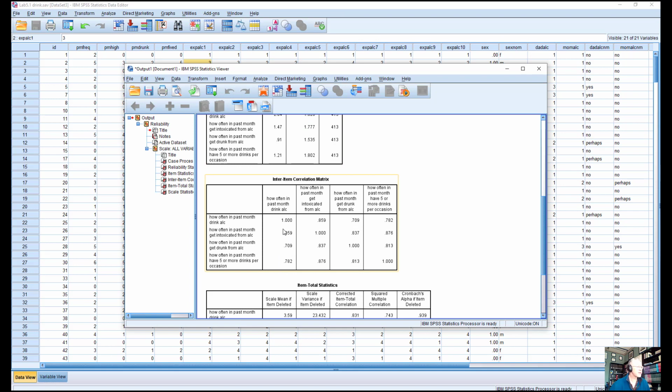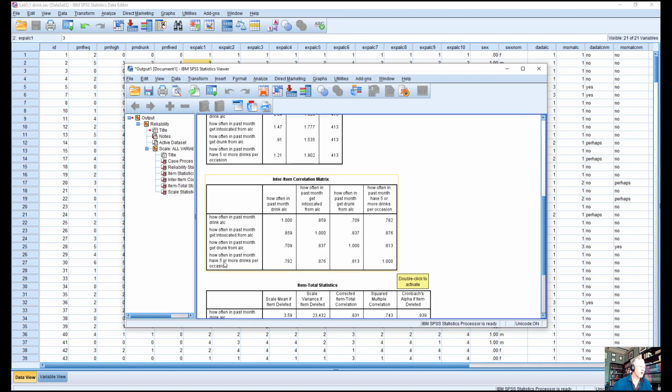Looking at the correlations between the items, you'll notice that someone who drinks a lot in the past month has also more often gotten intoxicated in the past month, which only makes sense. You kind of have to drink in order to get intoxicated, so it makes sense that the correlation would be high. All of these correlations are high.